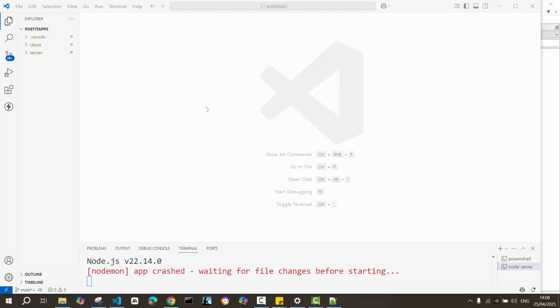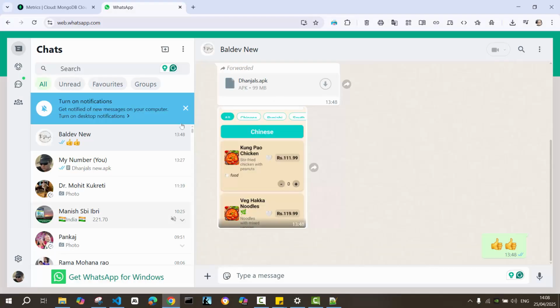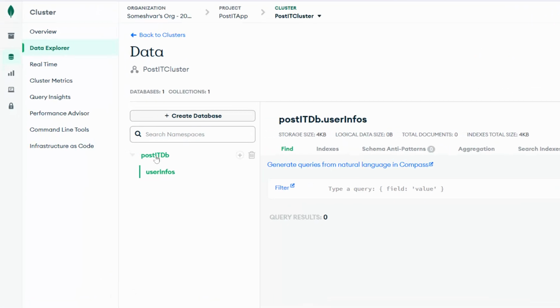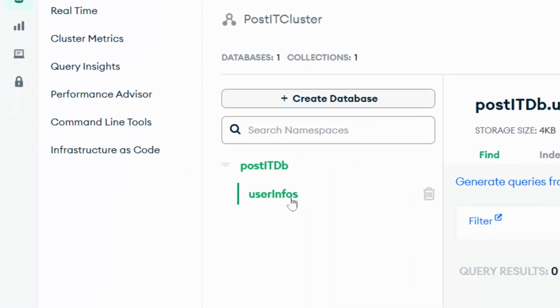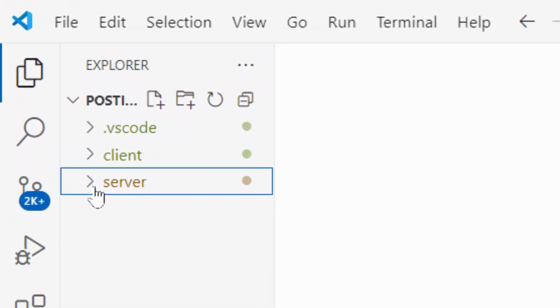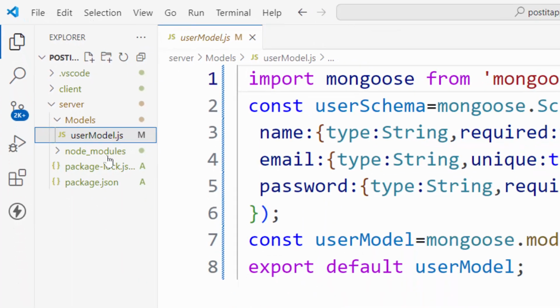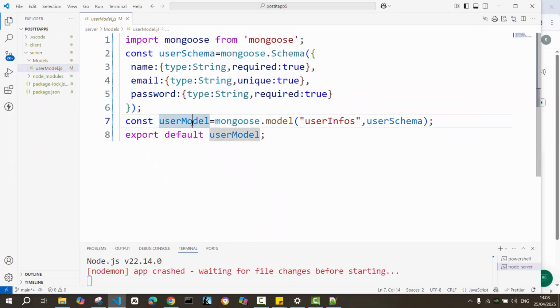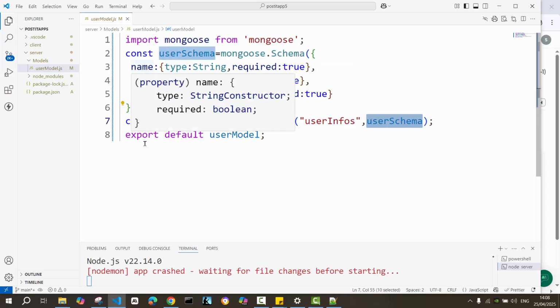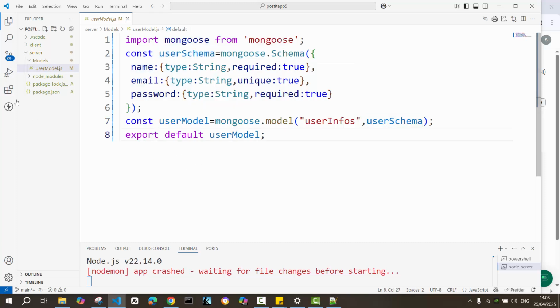Okay, now on the MongoDB, we already have the database post IDB. We have a collection user infos, and we have already created the model user model.js, which maps the user infos collection with the user schema that we created in this user model page. Now we are about to create the server file